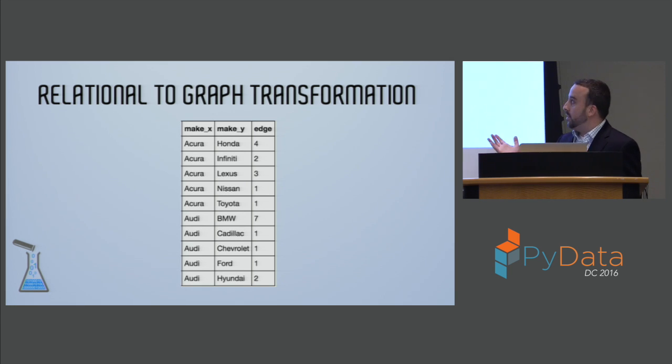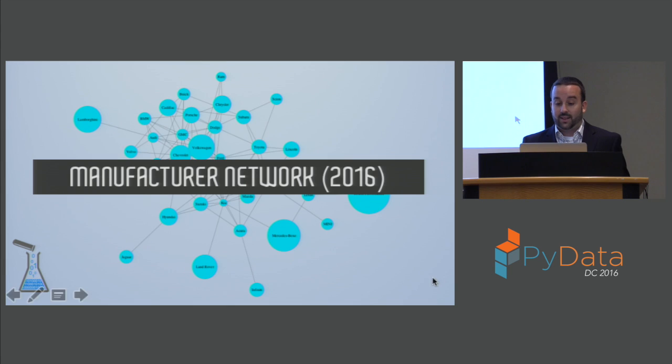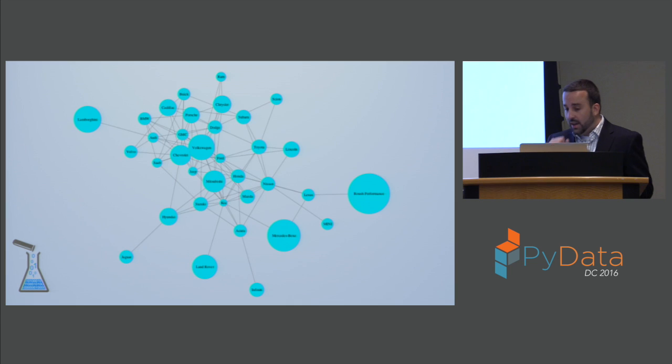And so looking at the data in this format, you might say there's not much to it, and you're right. But having it formatted like this lets you create really interesting things like this. And so this is a network visualization showing the relationships of the different manufacturers to each other. And from taking a look at this, we can see, for example, that the companies that make the most types of vehicles across the most number of categories are positioned towards the center of the network. And that's because they're going to have more in common with other companies just as a result of the depth and breadth of their offerings.